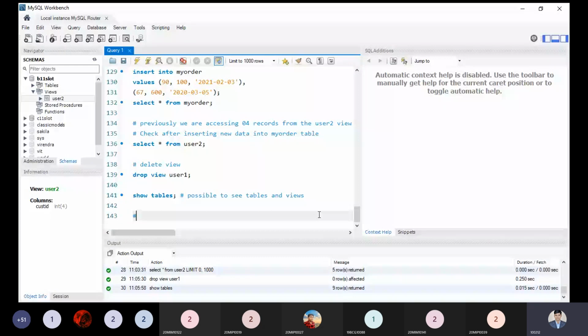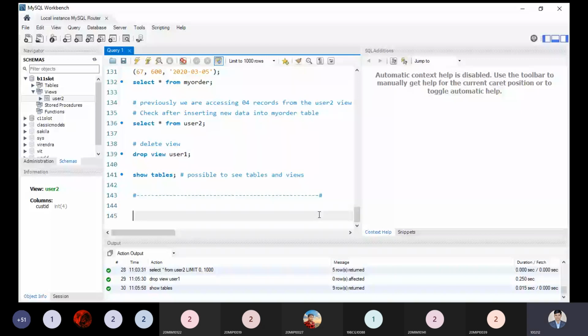Okay, so this is just an idea about the view right now. Any doubt in the view part, please ask. Is it clear to all right now? The DROP VIEW name, this is a simple thing. Any doubt so far, or is it clear to all? Yes, sir. Okay. Next, I would like to tell some idea about the nested query, and that is also known as the subquery.